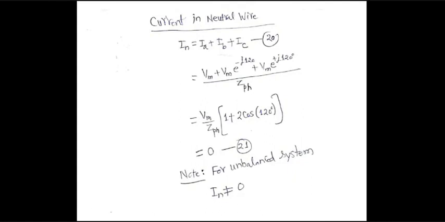Neutral carries no current for a balanced system. In fact, even if losses are there, I think this result would still be true. But the system has to be balanced on both generator and load side to have 0 neutral current, which never happens in real life. That's why in real life, neutral wire always carries some current. But theory at least tells you that if the system is not too much unbalanced, then neutral will carry small current, that's for sure. So it will not be too dangerous.